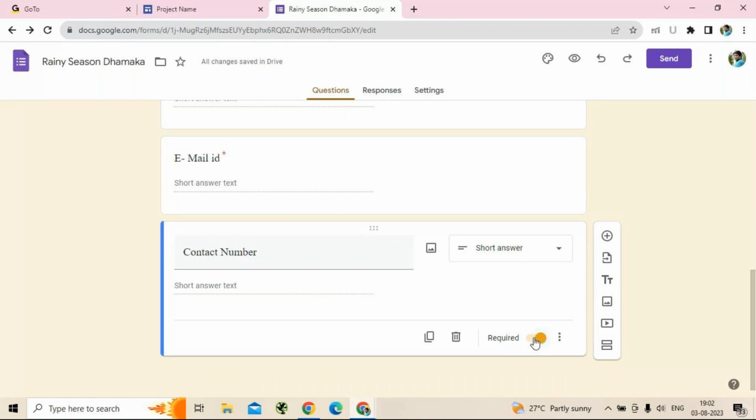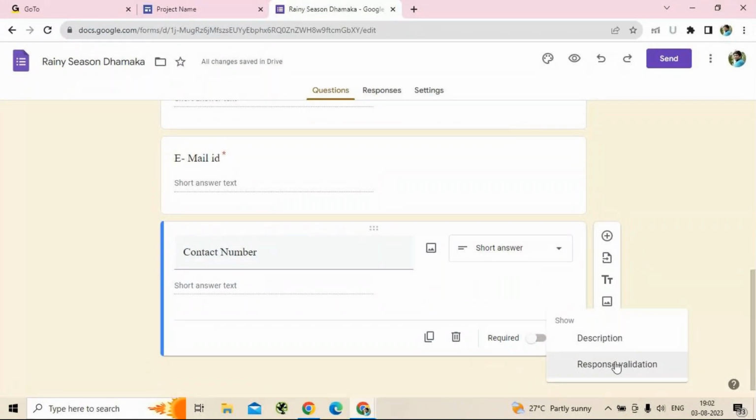Okay, so a lot of times we may get fake contact numbers, or the people will hesitate to give the contact number. They are ready to give the name and email ID, so they may give a wrong contact number also. But in certain situations it is mandatory, if you feel we should have a contact number, then you can keep it as a mandatory field. So now I'm not going to keep it as a mandatory field, I'll keep it as not required,